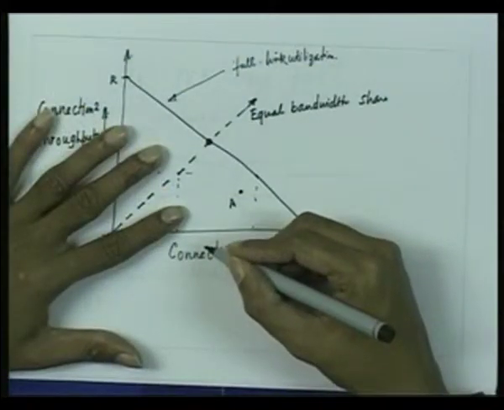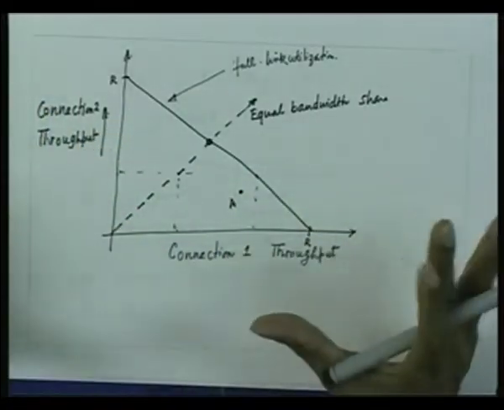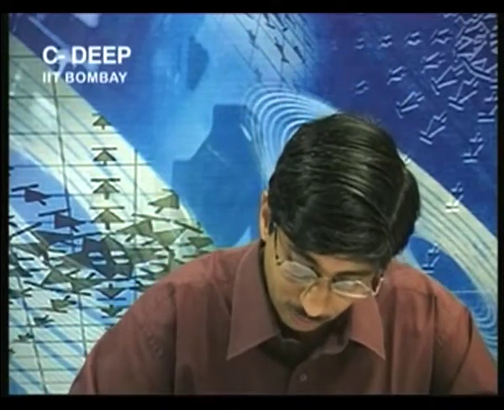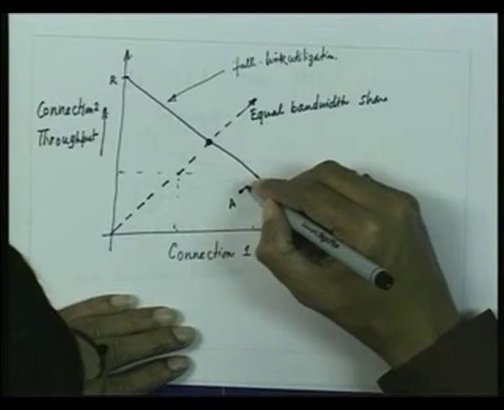The link was definitely underutilized because this point A lies below this line, and both the connections are also not getting equal share. Now what happens is the TCP sources will start increasing their transmission rates in parallel to the equal bandwidth share, because since both sources are assumed to have the same MSS and the same round trip times, their rates will increase in an equal fashion until